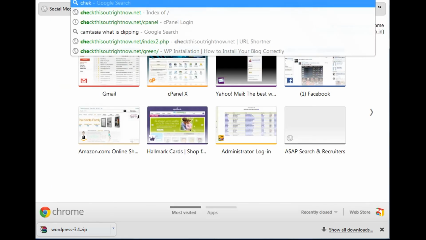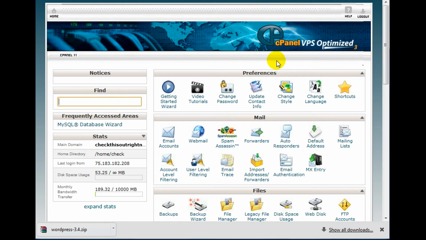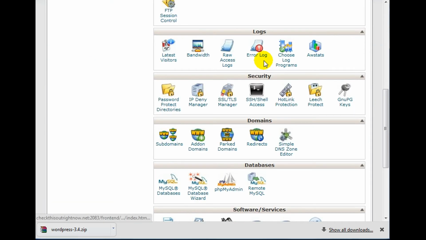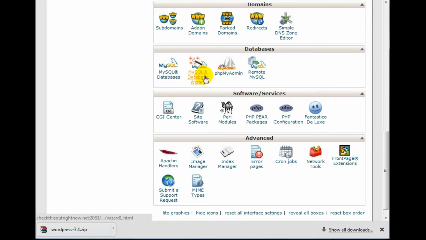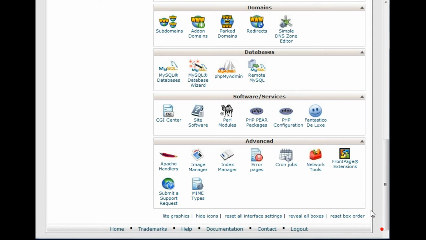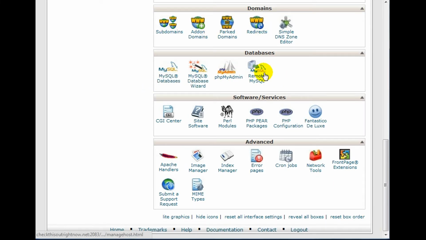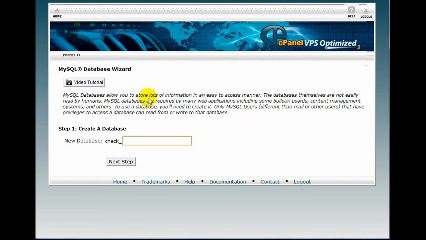In this case, I am using cPanel. What I need to do with cPanel is scroll down and find where it says MySQL Database Wizard. Like I said earlier, if you're using Plesk or any other type of web hosting panel, you should see something that says create MySQL databases. And if you don't, you can always contact your web hosting company. If I click on this here and I enter, let's say, funny t-shirts 2, click on next step,